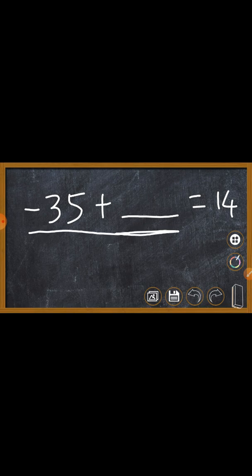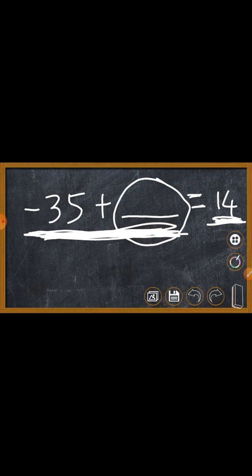It has a left hand side. The portion which I am underlining right now is the left hand side, and the portion which I am underlining right now is the right hand side. The equal to is in the middle. So what you need to do to solve this is leave this blank alone on one side of the equal to. I am repeating once again, you need to leave this blank alone on one side of the equal to.